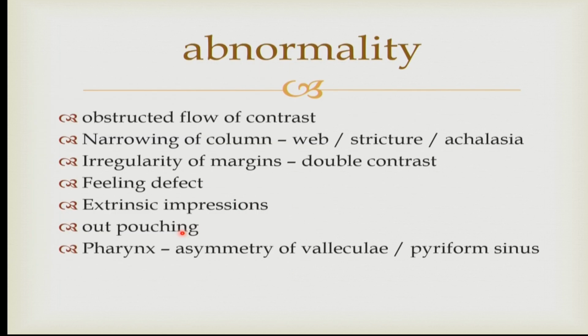So now we know how it looks, how the procedure is done, and how the normal will look on a barium swallow. What abnormalities do we look for? The abnormality first will be obstruction to the flow of the contrast. There could be narrowing of the column. There could be irregularity of